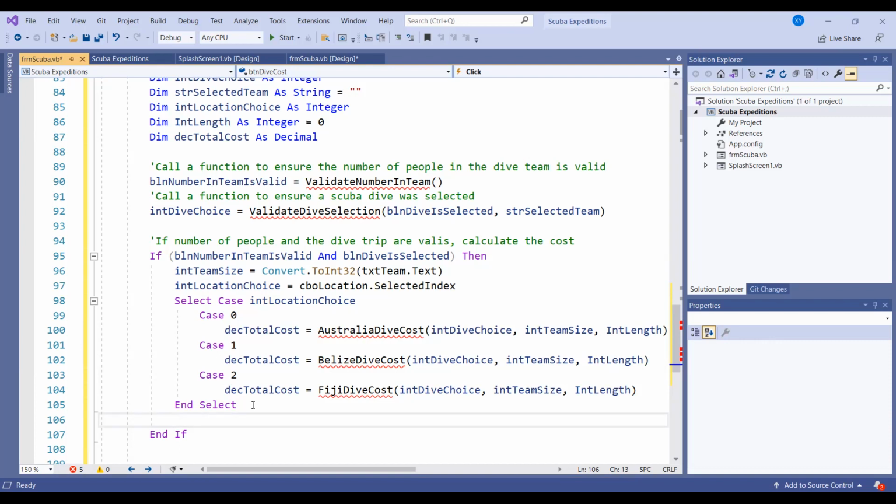So this next part is going to display. We call this special procedure to calculate the cost. Then we're going to display the result. Display the cost of the scuba dive. So this one,